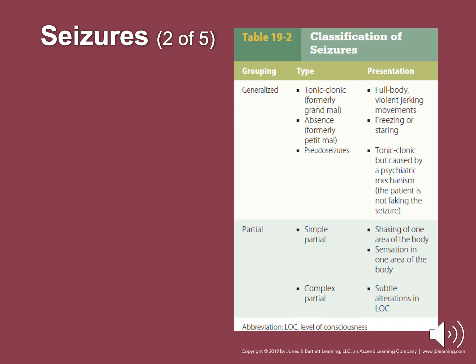Aura, where they have the sensation that the seizure is coming. Loss of consciousness, then the tonic phase, which is that full body jerking. The hypertonic phase. The clonic phase is rhythmic contraction of major muscle groups: the arm and leg, head, and lips, biting, teeth clenching. Then you have the post-seizure phase, major muscles relaxing, eyes possibly rolling back.